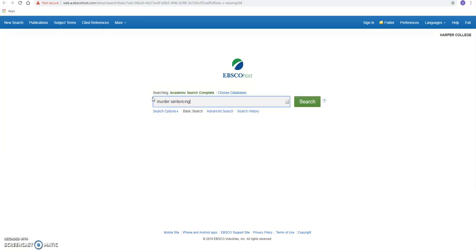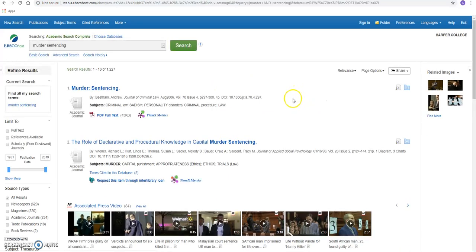and sentencing. As you know from that story, Matt Fowler and his wife think that their son's killer is going to receive a pathetically light sentence for killing their youngest boy. And so we're looking at murder sentencing to see if we can find anything related to that. We click search, and I looked through these articles earlier, and I did find a couple that bespeak this issue of murder sentencing.